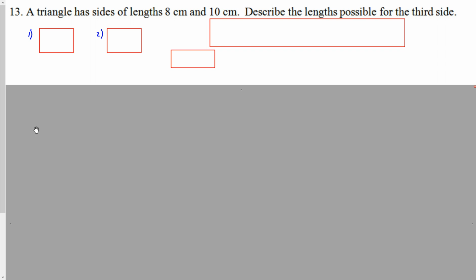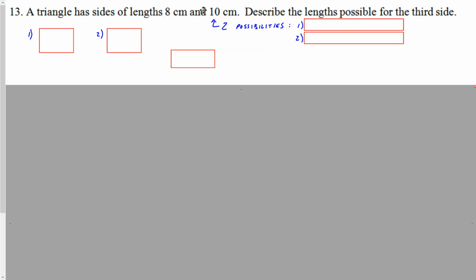Finally, the last thing you'll have to do is if you're given two lengths of the sides of a triangle, you have to give the possible lengths for the third side. So here we have lengths of 8 centimeters and 10 centimeters. How you have to approach this is you have to consider the longer of those two given. The larger of those two given values could possibly be two different things. The first is that longer one, in this case 10, could be the longest side of the triangle,